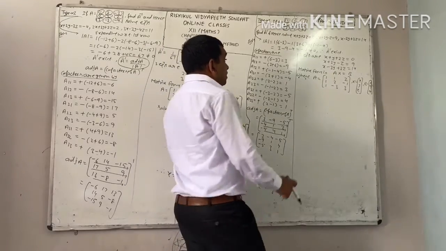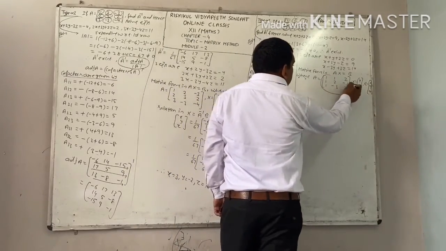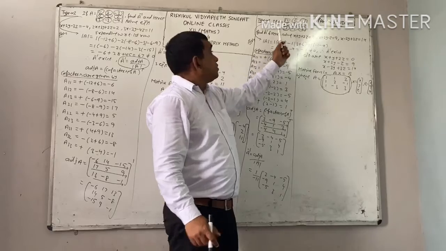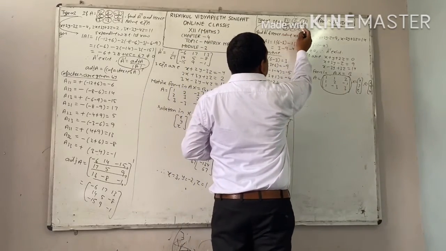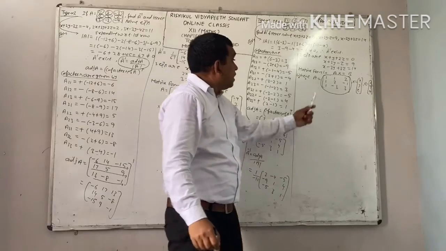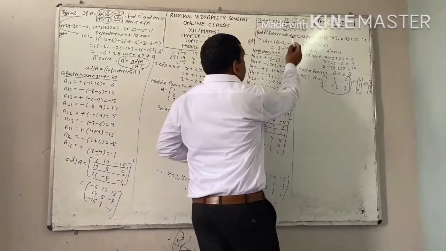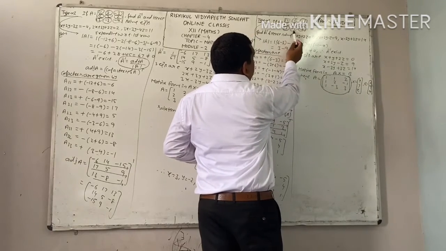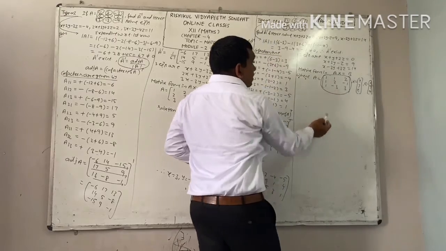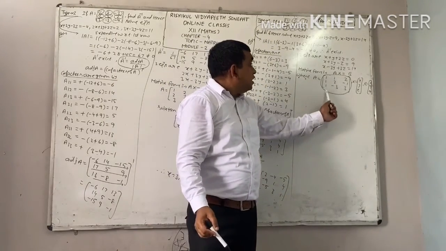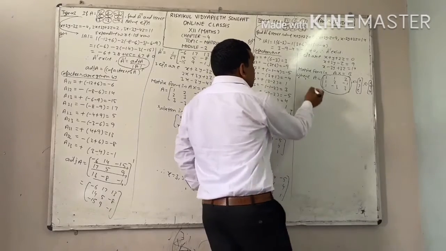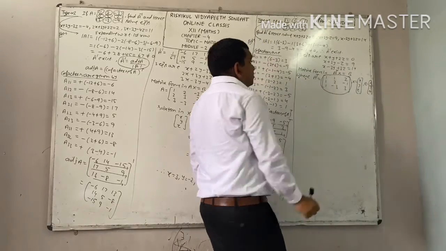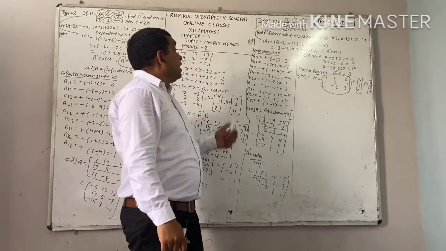In fact, this matrix is the transpose of this A. See here, triple one is coming in the first row, here triple one is coming in the first column. Now see second row, 1, 2, minus 3. This is coming here, 1, 2, minus 3. 2, minus 1, 3; 2, minus 1, 3. Means this value is not equal to A. This value is equal to A transpose. We will write down A transpose here. This is the only change in type 2 and 3.